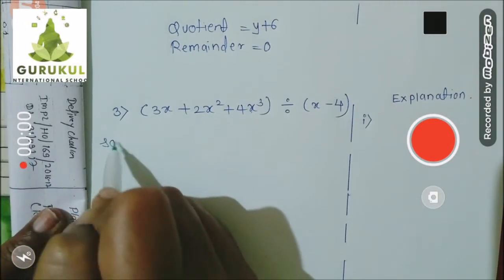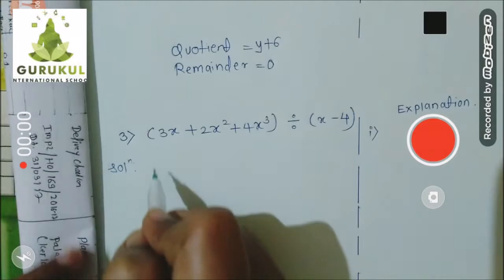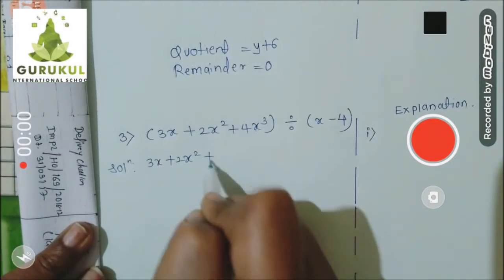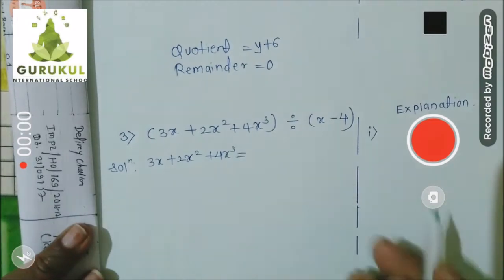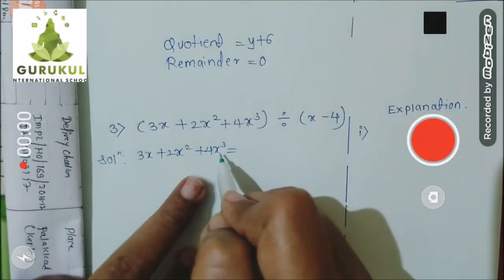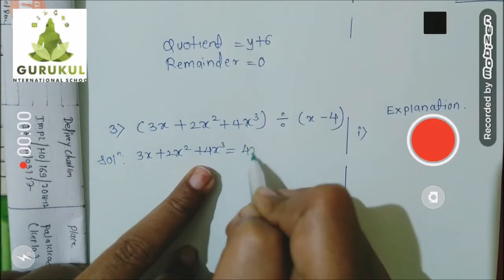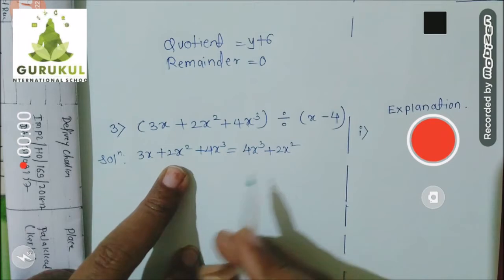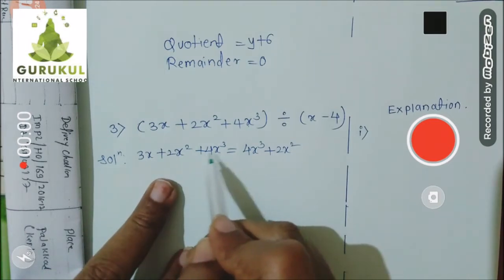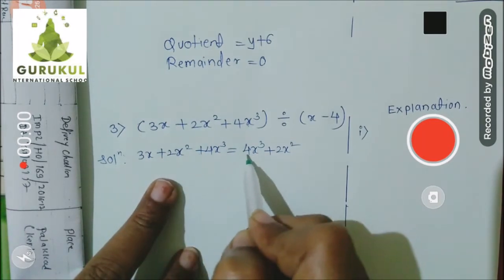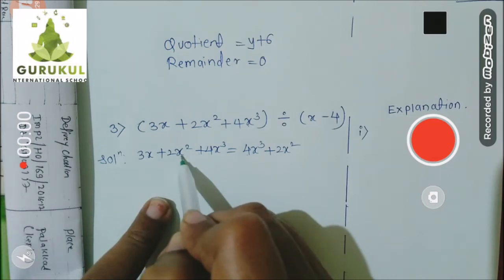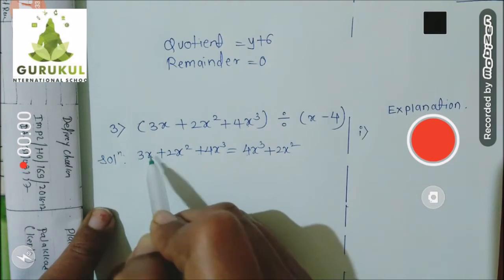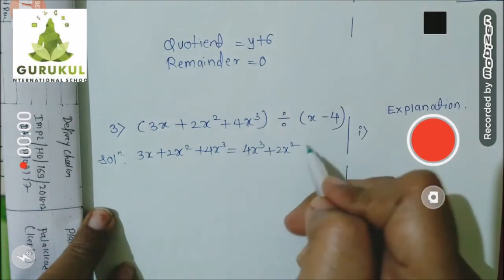So I am taking over here, children. Let's arrange it first. First I will write the original one. And then I will arrange it. First, the highest power term, 4x cube. Then the next power term is plus 2x square. Remember children, while arranging, take it along with the sign. This was plus, I used it. Then this was plus 2x square, I wrote it over here. After that, the third term is plus 3x, which has power x raised to 1, that I will write over here.